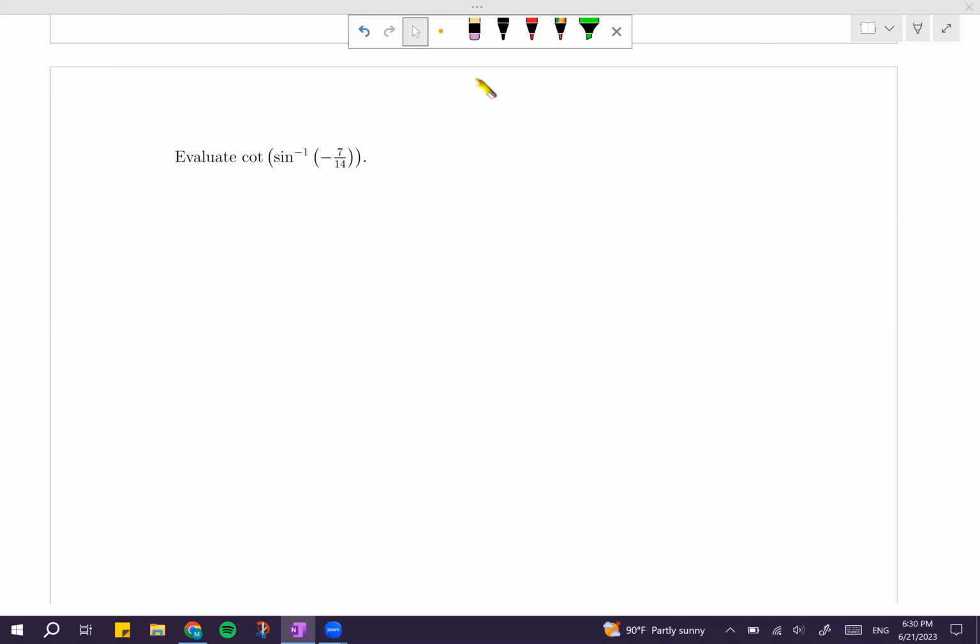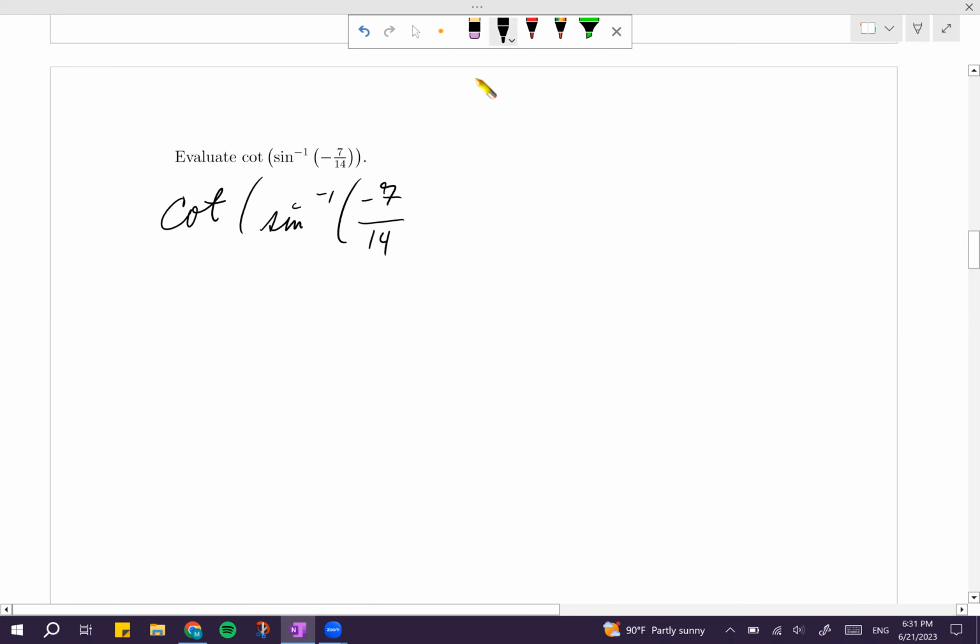Hey, so we've got this problem and we want to figure out the cotangent of sine inverse of -7/14. All right, so I'm going to break this up into two parts. This sine inverse part and then the cotangent of that. Alrighty, sine inverse of